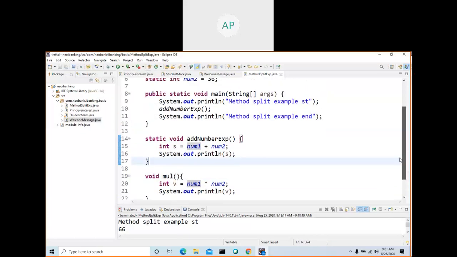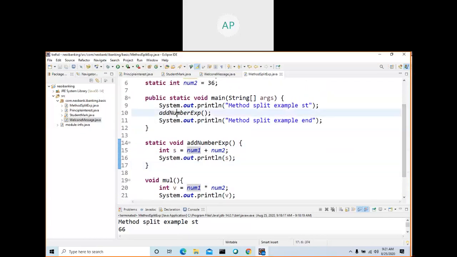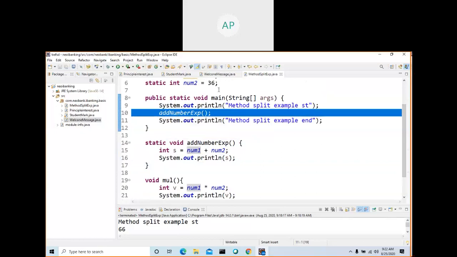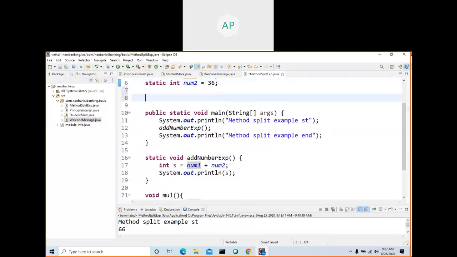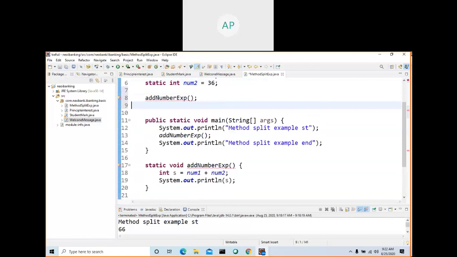So what will happen when this method gets run, when someone calls it? You can call this method from any other method, from many methods.